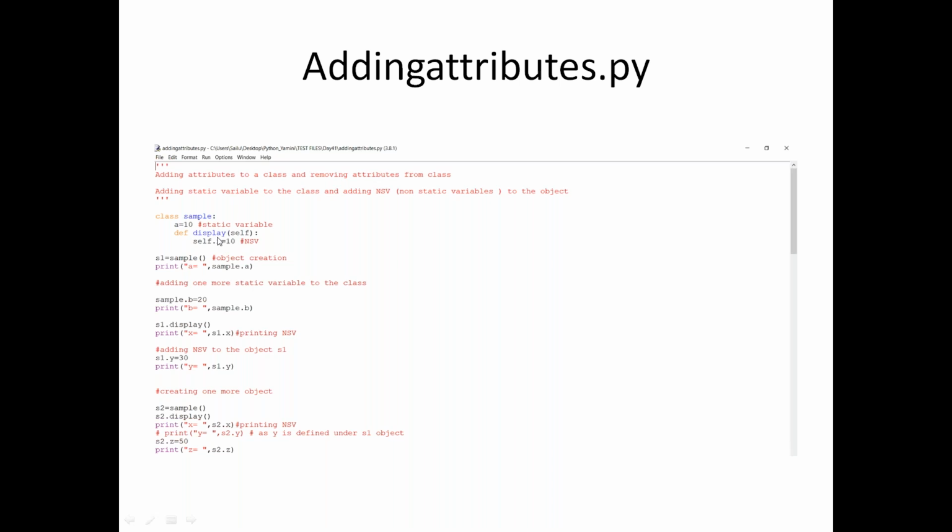The same x, if I want to call it outside of the class, then I need to prefix with the object name. Here my object is s1, so s1.x. You can see the outcome of 10. Now I want to create another non-static variable, so s1.y equal to 30. So y equal to s1.y. Is it clear, or any questions?